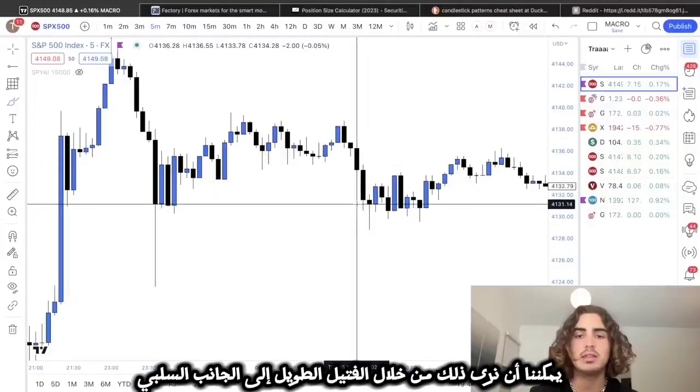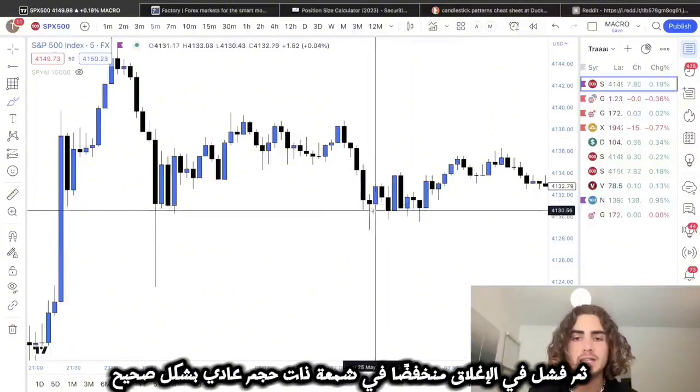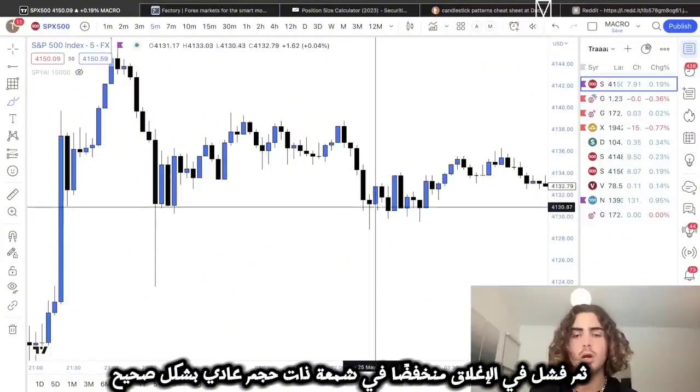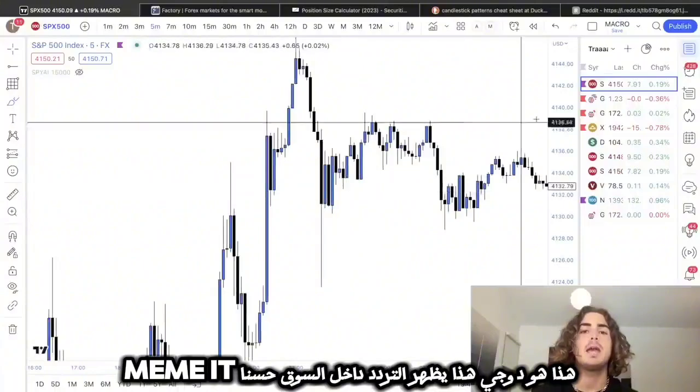We can see that through the long wick to the downside, and then it failing to close lower in a regular size candle, right? This is a doji. This is showing indecision within the market. Okay,